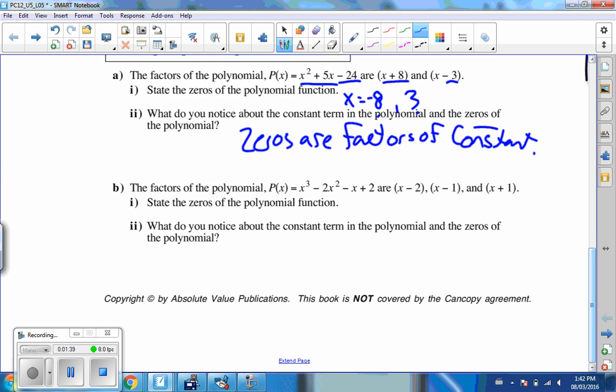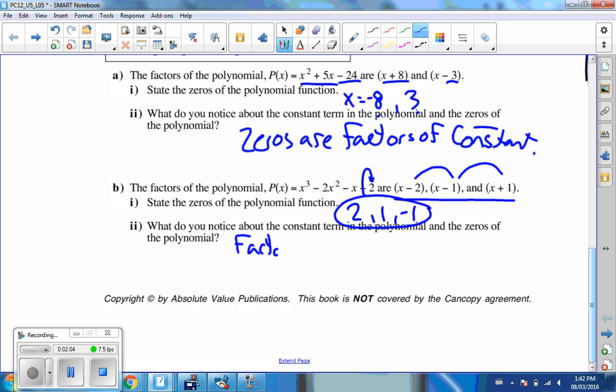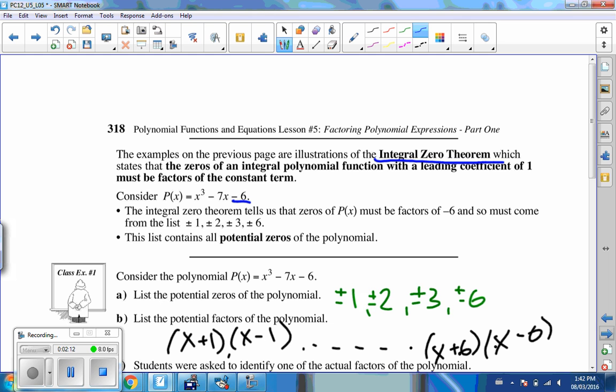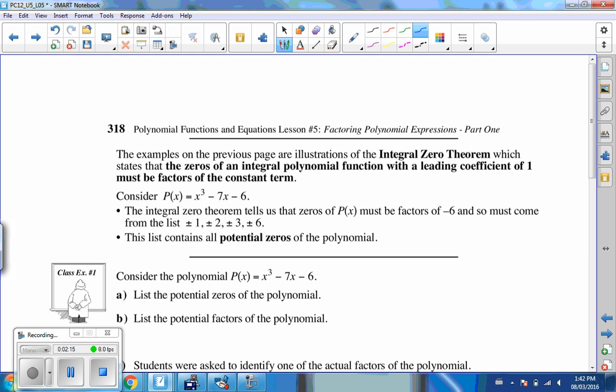So the factors of this polynomial would be this. And if you notice, the zeros are 2, 1, and -1. All of those things multiply together to make this, well, plus or minus. They aren't exactly the same, but they are basically the same. And if you multiplied all these things together, you get them. So they're kind of just the negatives of each other, but still factors of the constant. Close enough. Okay, so this is this thing called the factor theorem, or integral zero theorem, which states that the zeros